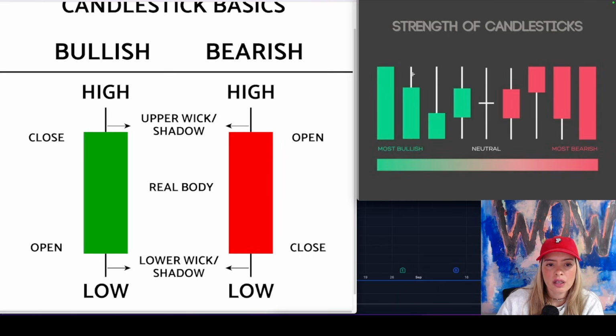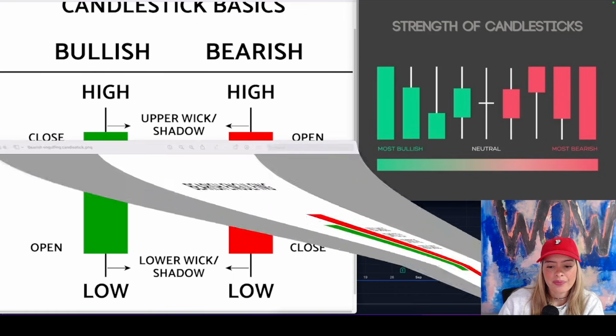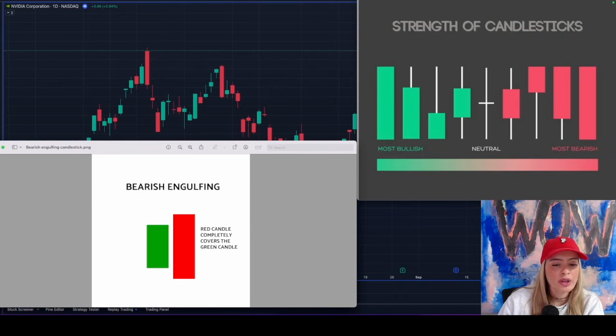So see how each one of these candles has wicks. Wicks for me are a very important part of trading, because every time I see a wick, it means the market has a very strong reaction at that level. Wicks at the top are strong reactions at resistance. Wicks at the bottom are strong reactions at support, and we're gonna see that on a real-time chart. So let's go with